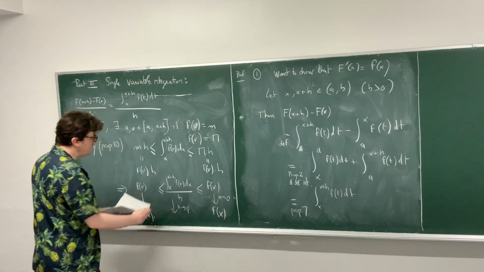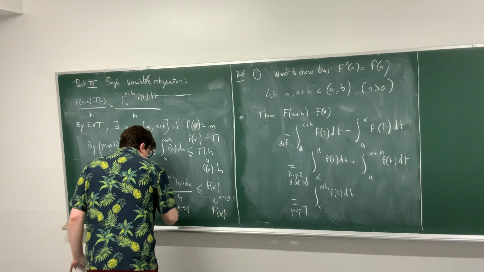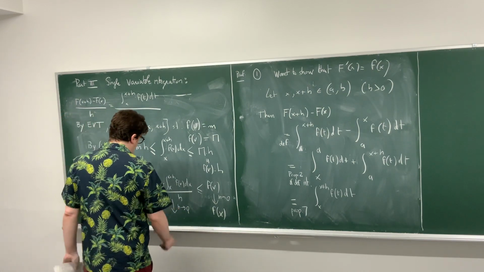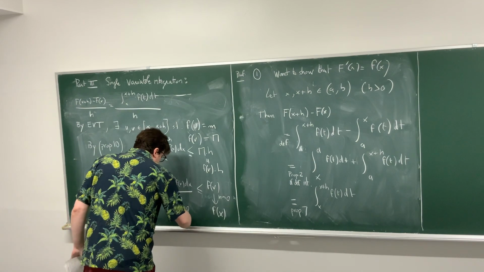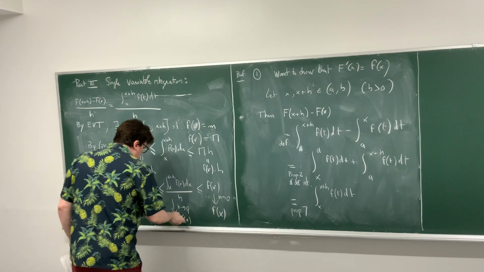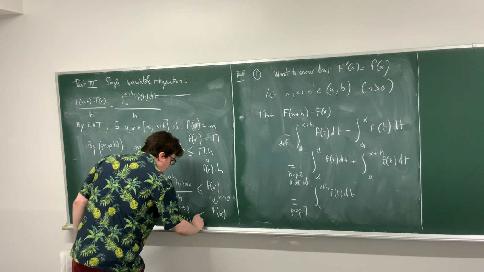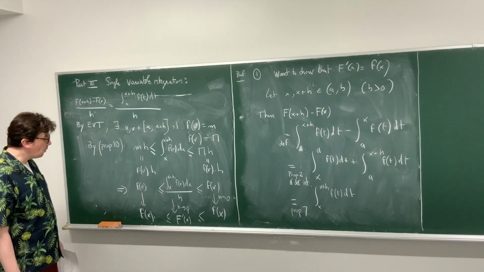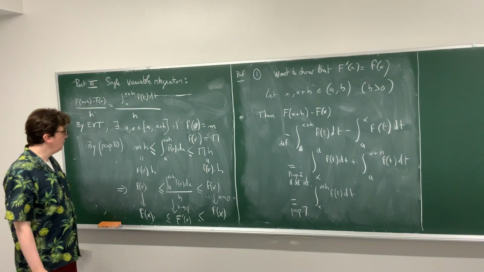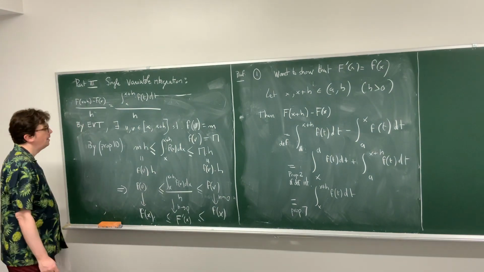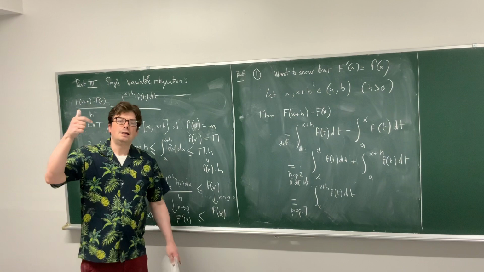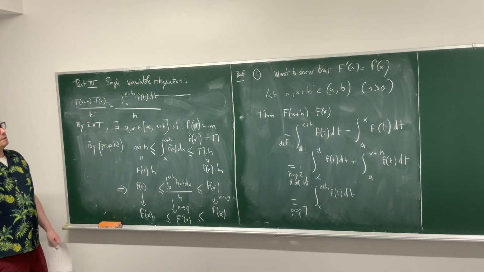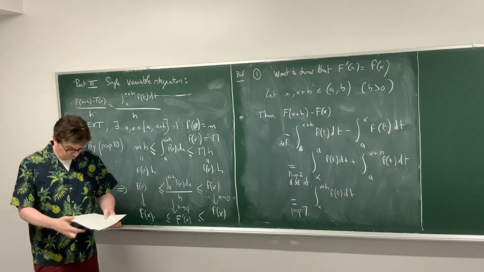And by the squeeze theorem, this, which is definitely f prime of x, will be between these two values, small f of x and small f of x, therefore equal. So it's an absolutely beautiful proof that is using MVT, EVT, and the properties of the definite integral.